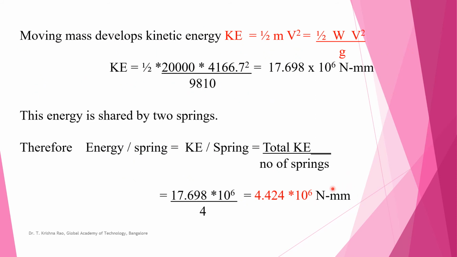So here what we should do? First we find out the kinetic energy, that is half mv square. Yes, we have got this value. How many springs are sharing this kinetic energy? 4 springs. Number of springs is 4. Sorry, I have put 2 here by mistake. It is 4 springs. Number of springs is 4, divided by 4. I am really sorry. This should be read as 4 here. What is the load energy coming on each spring?